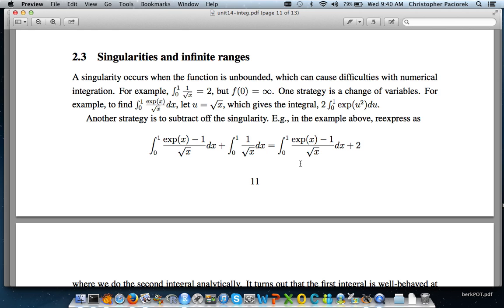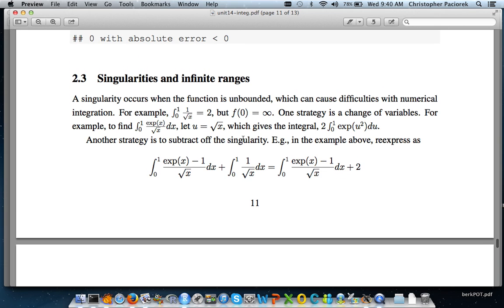But these sort of singularities may cause problems in doing numerical integrals. So there are various tricks if you run across this. I don't think it's worth going into a lot of details because this may not be something you run across very often. But you can do things like, so for example, if this is the integral you're interested in doing,